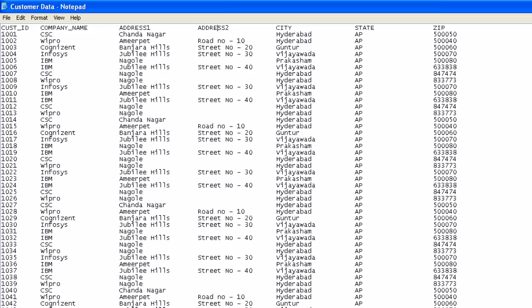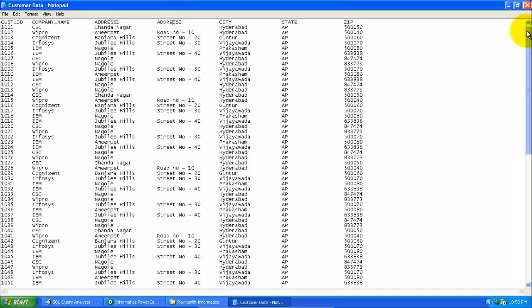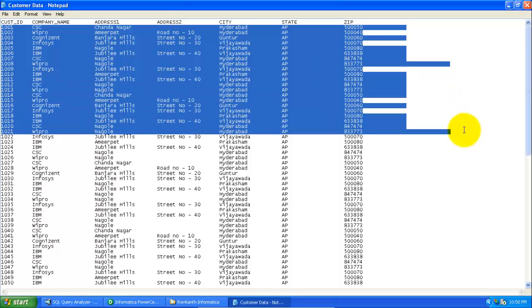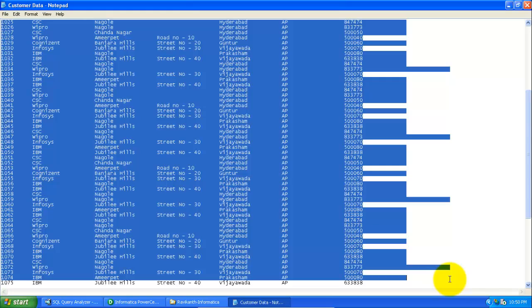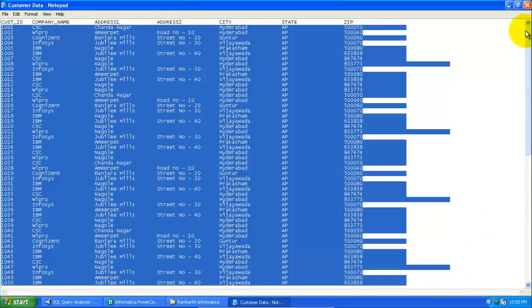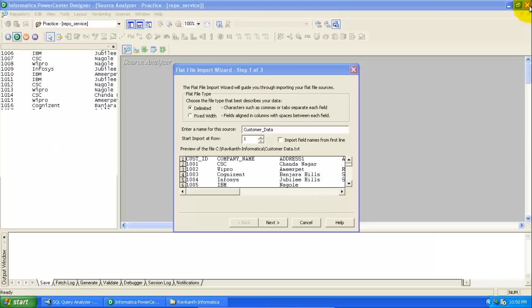I have around 100 records in this text file. We will be loading all these records into the database, but while loading, the existing records in the database should be omitted, and the rest of the records should be loaded into the target table. This is my customer data flat file.